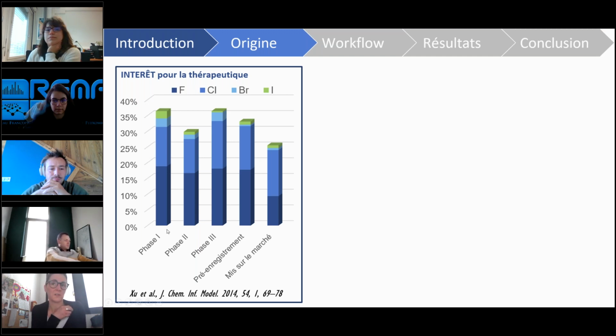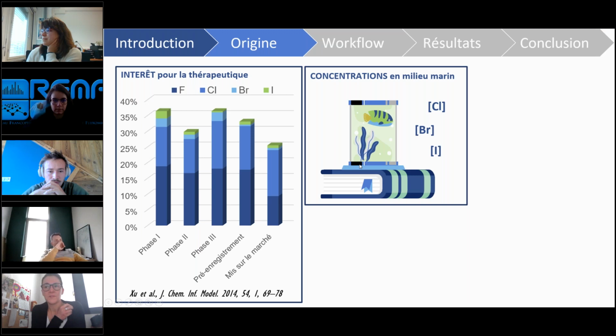Of course, there are fluorinated compounds that come more from synthesis, but you still have chlorinated, brominated, iodinated compounds that seem to be quite important in that area. If you look at the abundance of halogens in the marine environment...